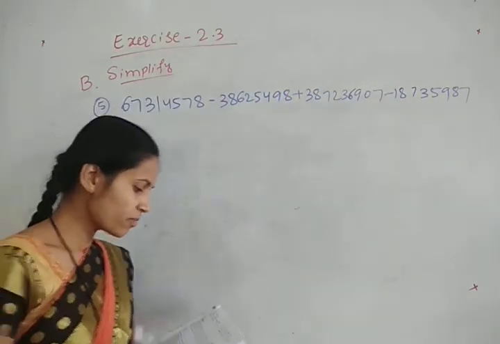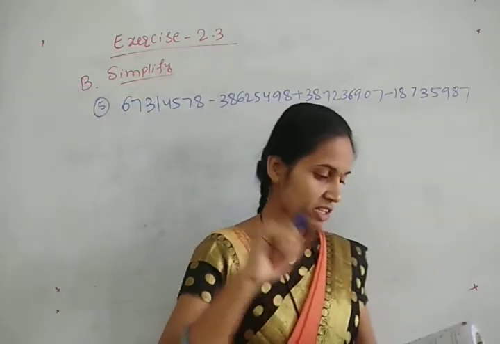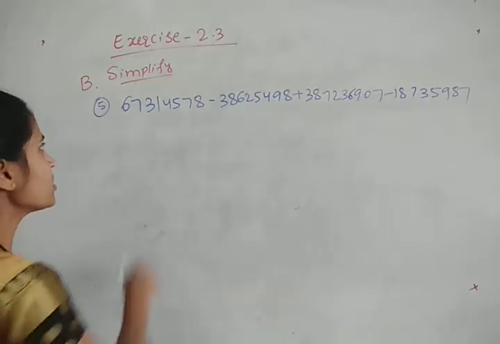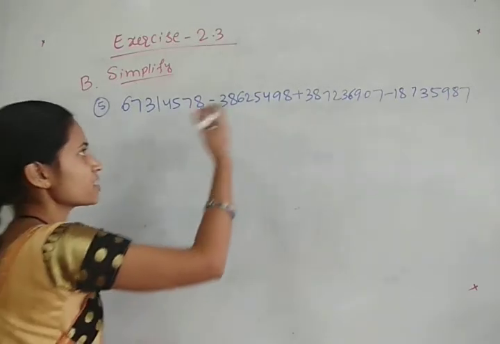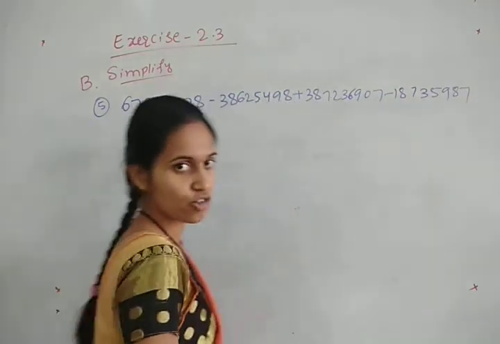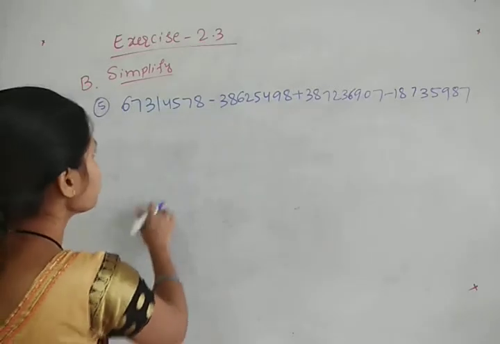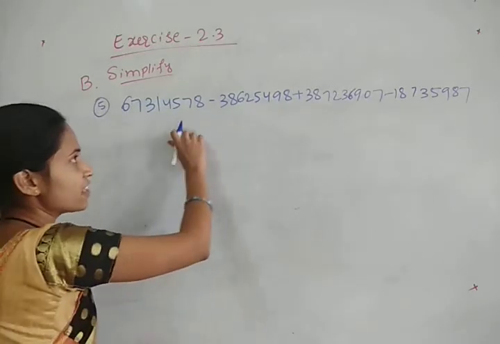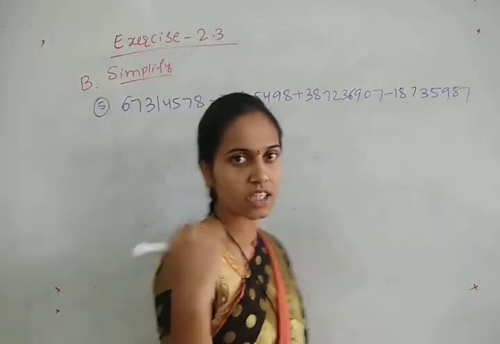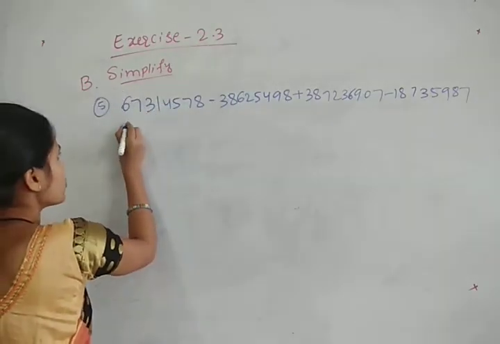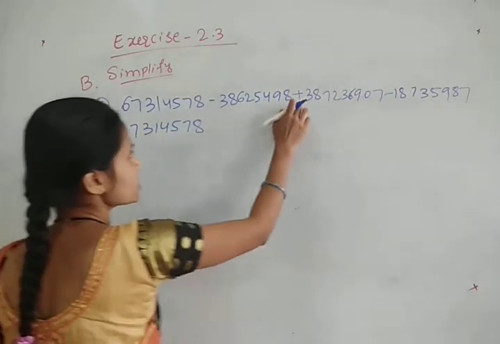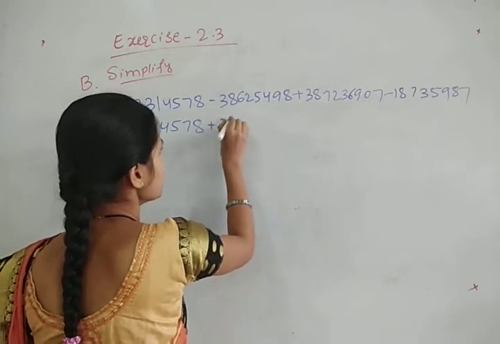But in the previous problem we were having plus, minus, minus, and next plus. Okay. So but here it is alternative. Alternative means first plus, next minus, next plus, next minus, and next plus, next minus, next plus, next minus. Like this. Okay. Now for this what I will do? I will write the numbers having the plus symbol one side and the numbers having the minus symbol on another side. Okay. So see here, now first of all I will write the numbers with plus symbol one side. So this number is having plus symbol, I will write it.